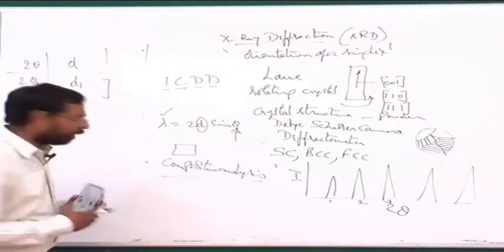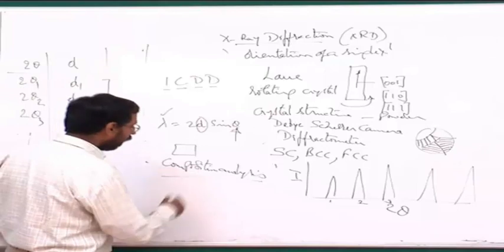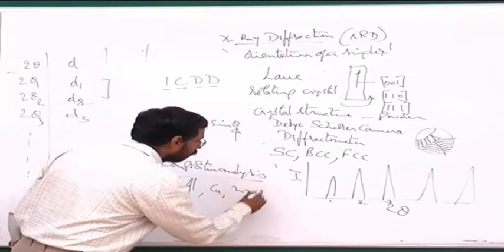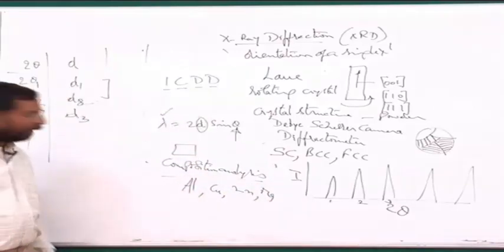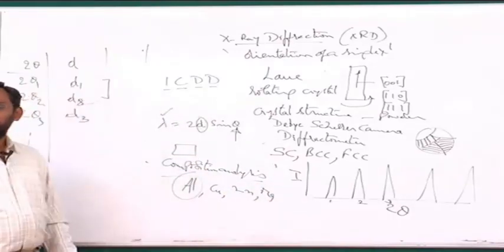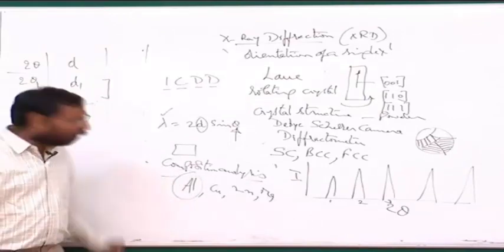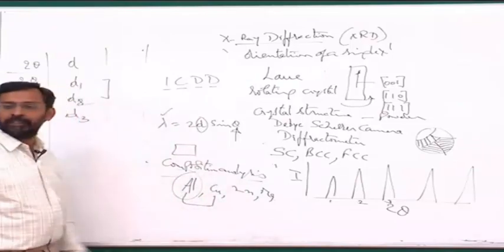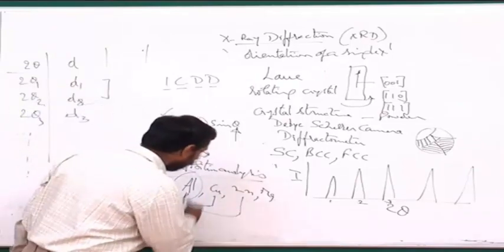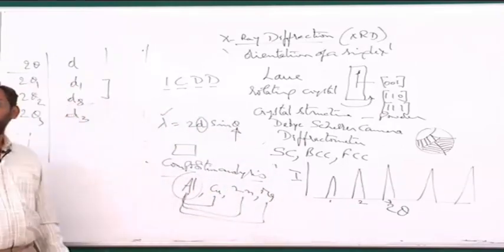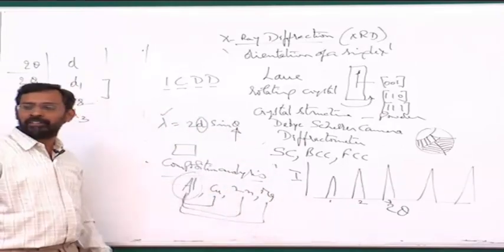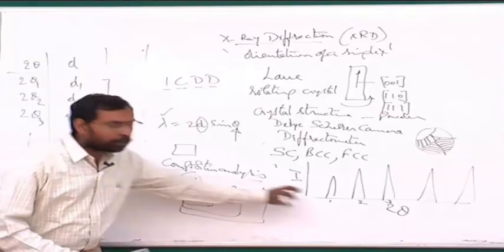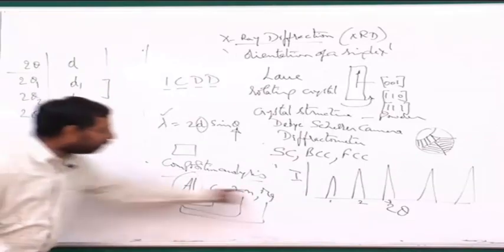And if I do the composition analysis, and if I find out that my alloy contains mostly aluminum, with some amount of copper or zinc or magnesium or something like that, and the matrix is mostly aluminum, then I can say this is an aluminum based alloy. Now what do I do? The next thing, I will go to the phase diagrams of these aluminum copper, aluminum zinc, and aluminum magnesium. Let us say, if my alloy is showing these elements, then I go to those phase diagrams and find out what are all the possible compounds, if there are any compounds with these particular elements.